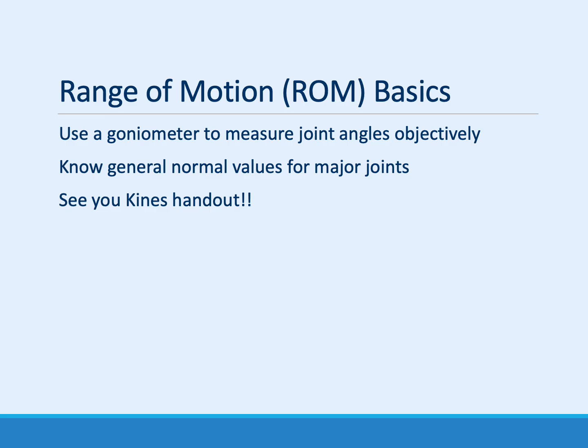So range of motion is obviously measured with a goniometer, and it gives us objective joint angles. So it tells us the specific number of how far the joint can move. You don't have to know every single exact norm, but you want to know your typical values for your major joints. And so think about your shoulder motions, your hip motions, knee flexion, knee extension. If you don't know, then I'm not sure how we got this far. But thinking about the ones that you're going to see the most often, and at least knowing your norm values